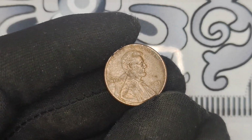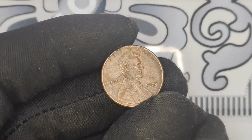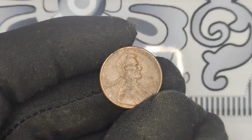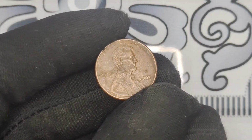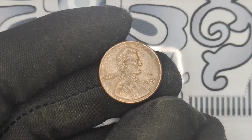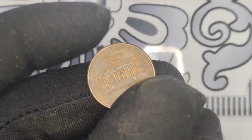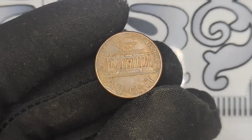We're diving into a coin that might just be sitting in your pocket change, the 2003 no-mint mark Lincoln penny. Could this common-looking penny actually be worth millions of dollars? Let's find out. The 2003 Lincoln penny, part of the long-running Lincoln cent series, was produced at two major mints,